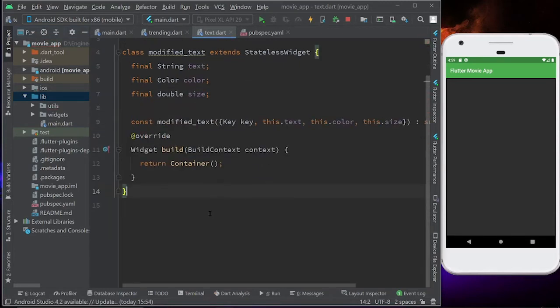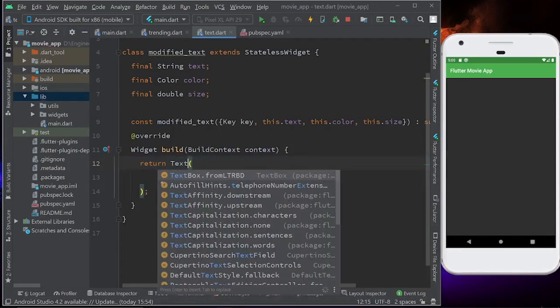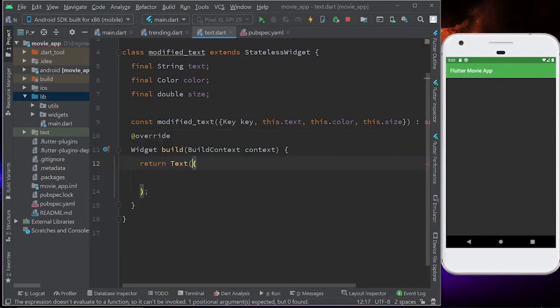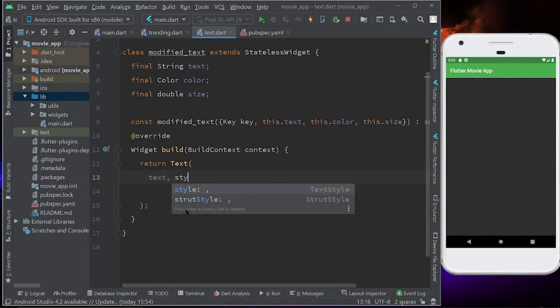and inside return it is going to return me a simple text. Yes, it is going to return a text, and text is going to be the text that we have received above, and the color will be okay. So we have to define its style.